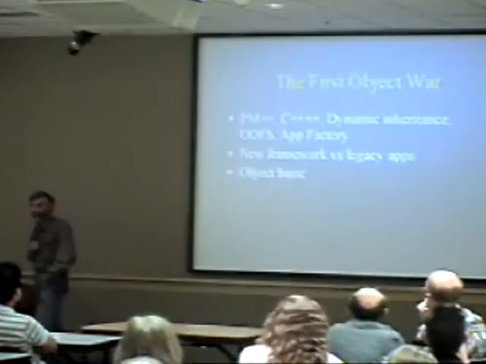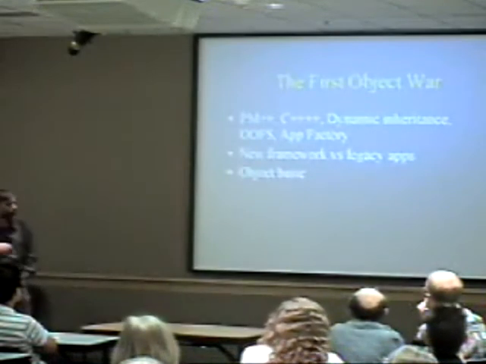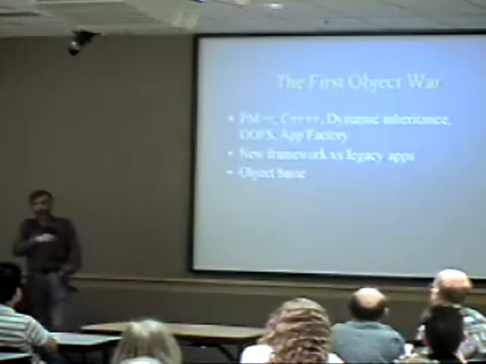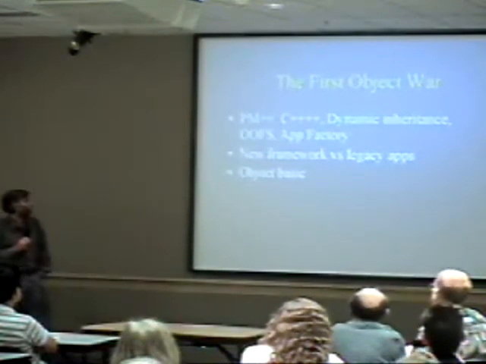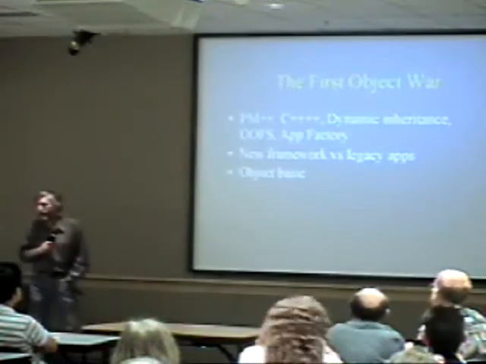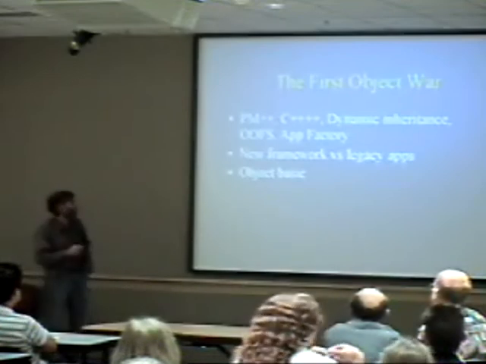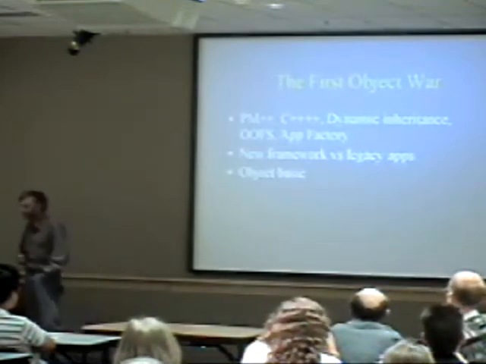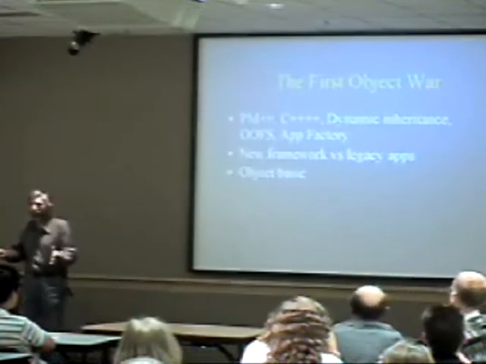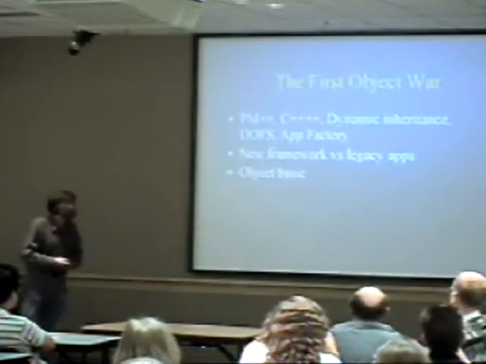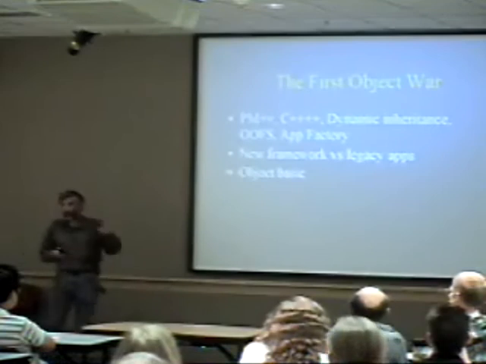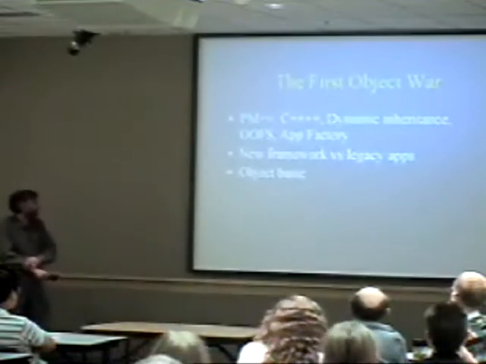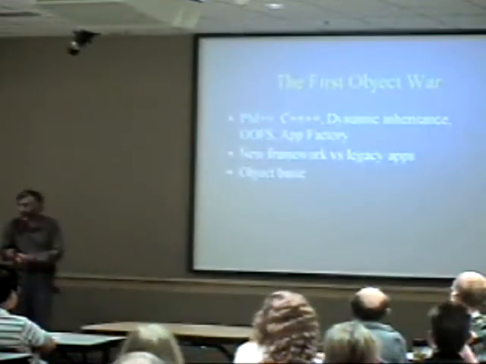We had a group of people, a task force, the usual stuff, arguing back and forth, brainstorming. PM++, because PM was our future, remember? C++ clearly didn't have enough features in it, so we needed more. Dynamic inheritance, an object-oriented file system. The application factory was this thing where you could sit down in an afternoon and spit out Excel. All on a 386 4-megabyte machine, remember? And Object Basic was being kicked around at the time.